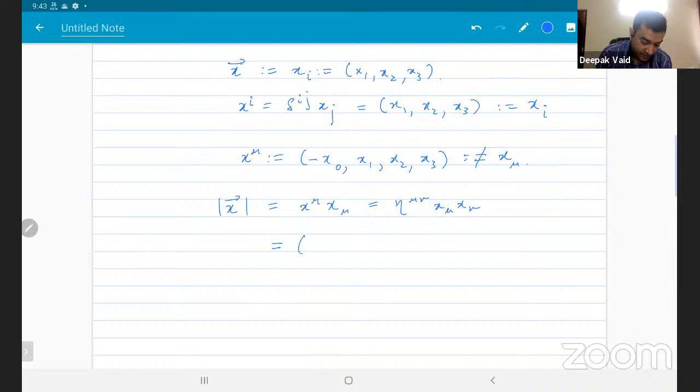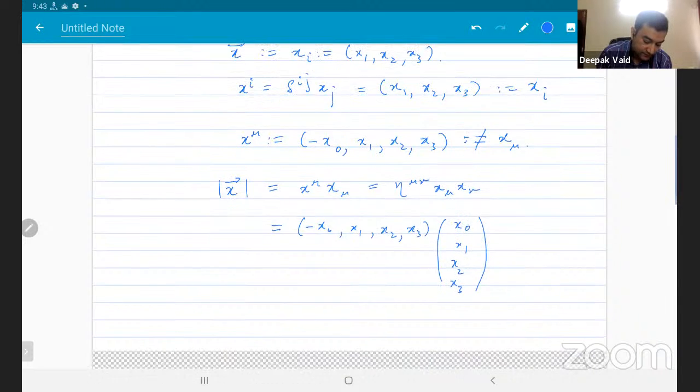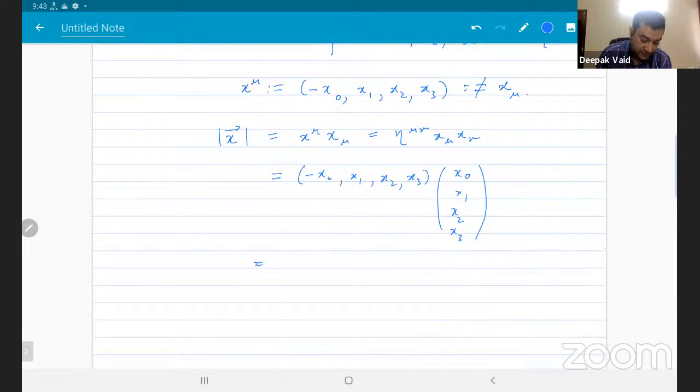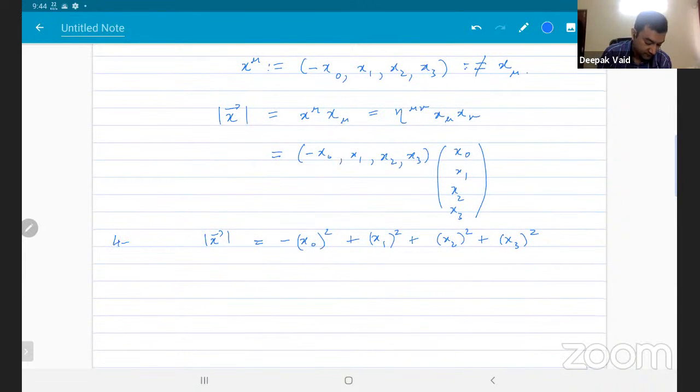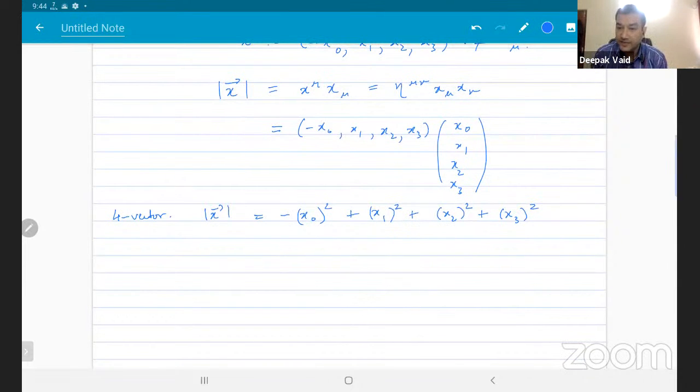This will give me minus x0, x1, x2, x3. And the other one is x0, x1, x2, x3. What does this give me? This gives me minus x0 squared plus x1 squared plus x2 squared plus x3 squared. So this is the length of a 4 vector. Right? And there is a big difference between the length of a 4 vector and the length of a 3